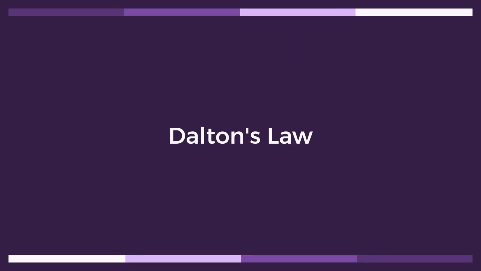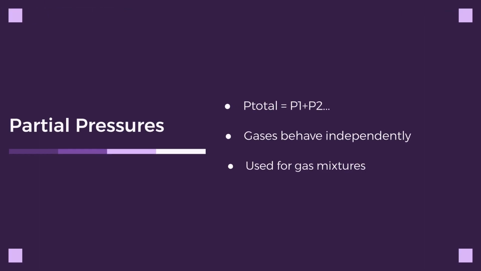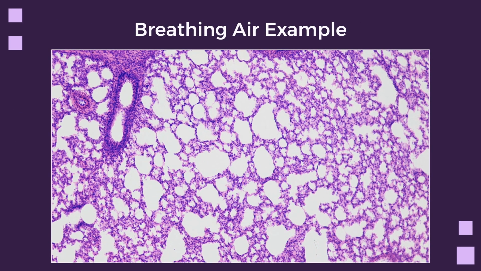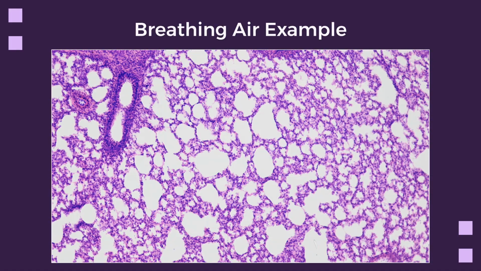Next, we have Dalton's law, which applies to mixtures of gases. Dalton's law of partial pressures states that the total pressure of a gas mixture is simply the sum of the partial pressures of each individual gas. This law applies to everyday examples like the air we breathe, which is a mixture of gases like oxygen, nitrogen,